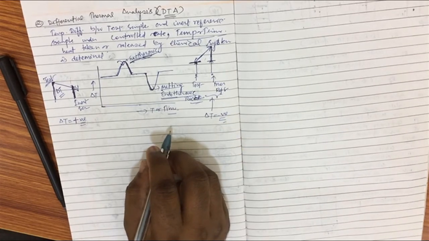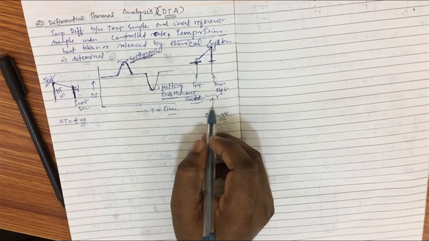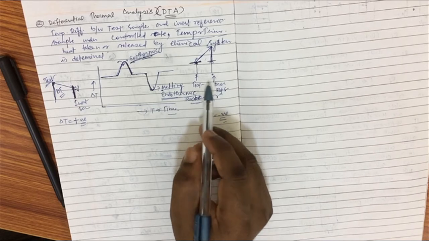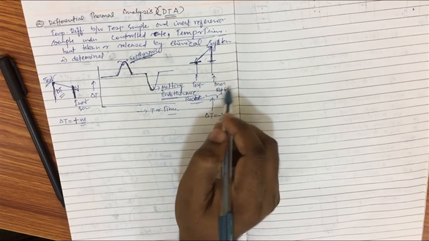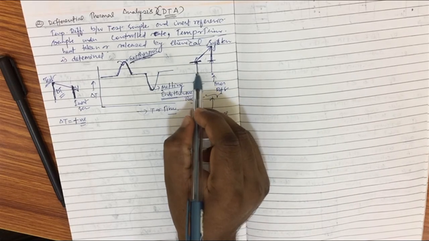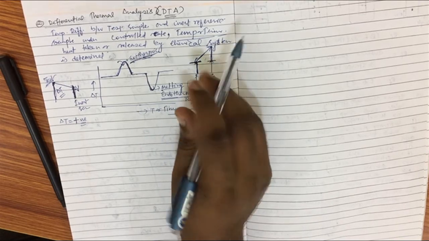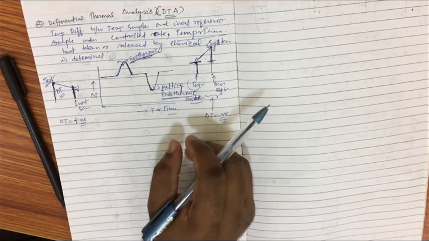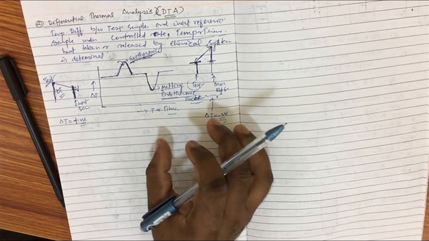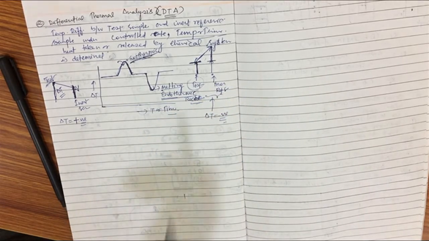Okay, so here basically your reference sample temperature is going up, and here yours is going down. That's why we need to provide some energy so that both go in a similar way, rising up at the same level. Okay,